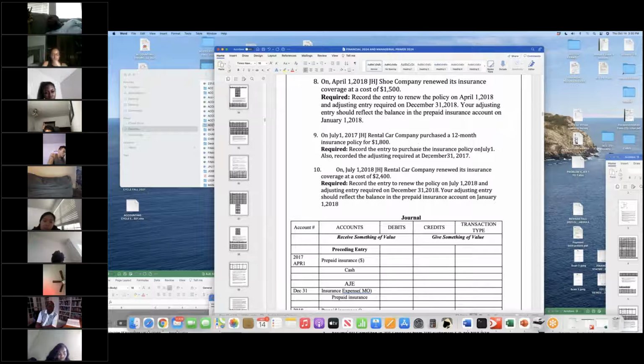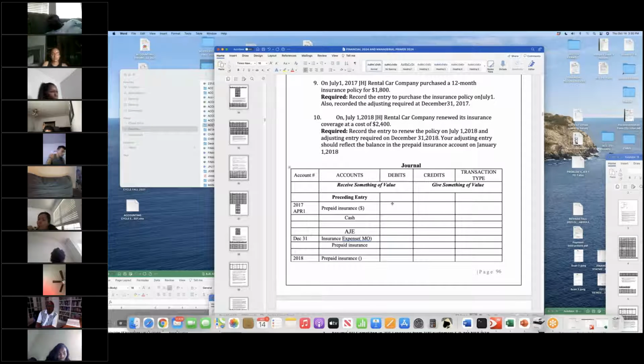To buy this insurance, we're going to debit, excuse me, debit prepaid insurance and credit cash. Now, if you paid $1,800 for prepaid insurance, and if you wanted your money back on December 31st,